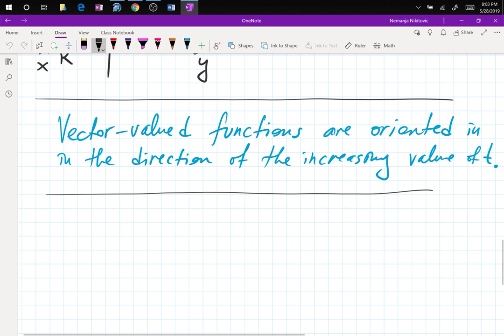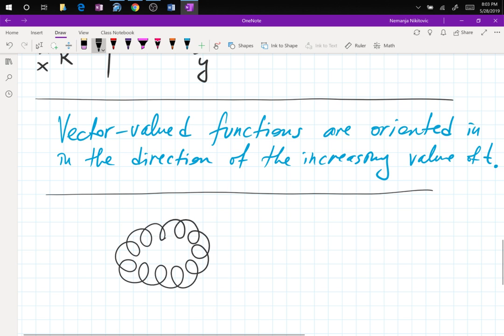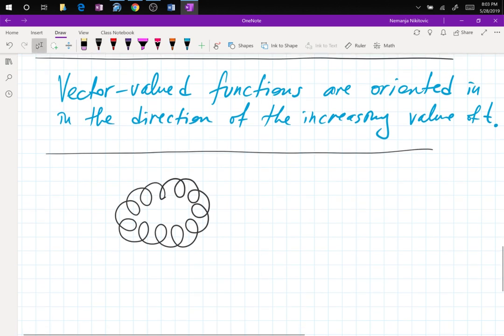So take a helix and just bend it into a circle like a donut, and you will get the slinky. So the slinky is going to go around,